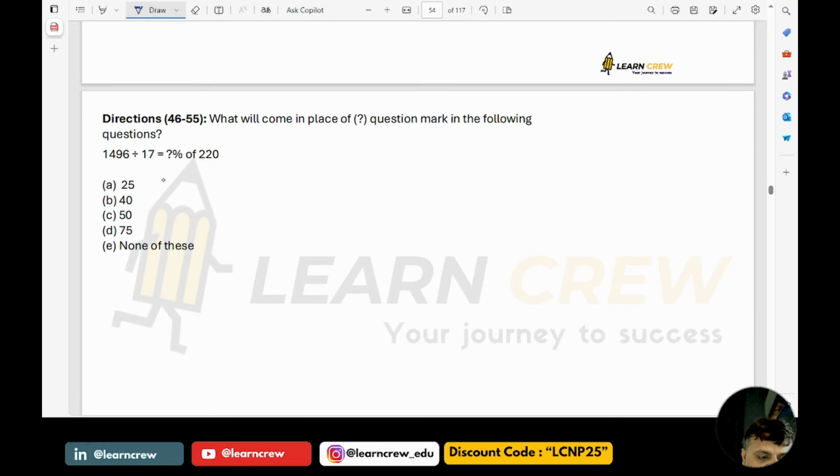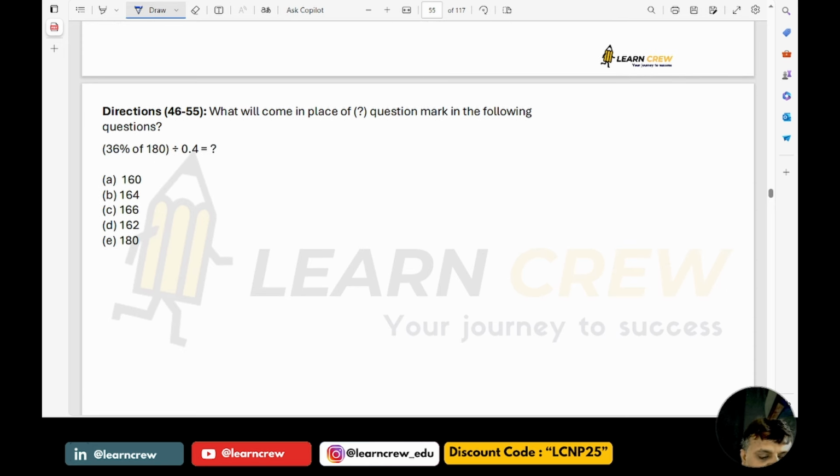Next, 1496 divided by 17 is equal to x percentage of 220. If you see here 0 0 cancel and 22 6 are 132. 132 means 17 is left. 22 8s are 17 4s are. So x is equal to 40. Next,